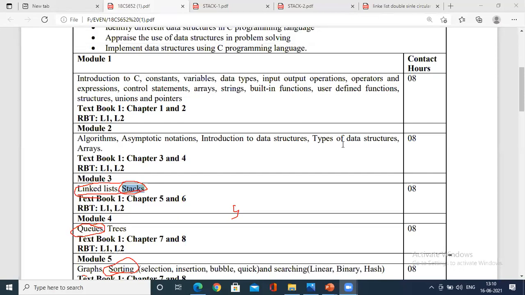So let me plan for it. I'm trying hard to see that you feel confident with respect to the concept of linked list. So I suggest you first concentrate on the concept of stacks and queues, because they cannot skip questions from stack, definitely in module 3, as it is an important non-primitive linear data structure.